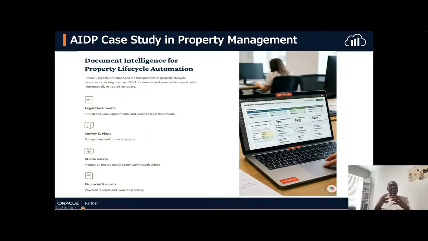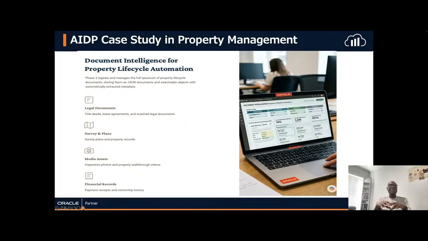Document intelligence as well. When it comes to compliance and statutory documents, this has also simplified that aspect. Part of what will be done is to make sure that you are able to manage your property's lifecycle documentation.